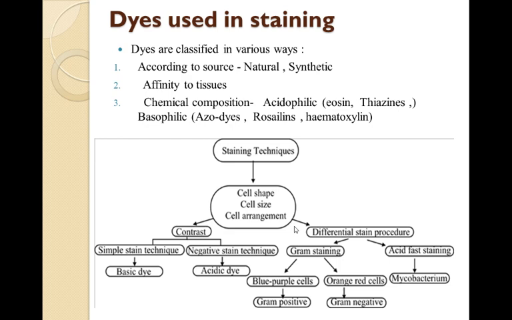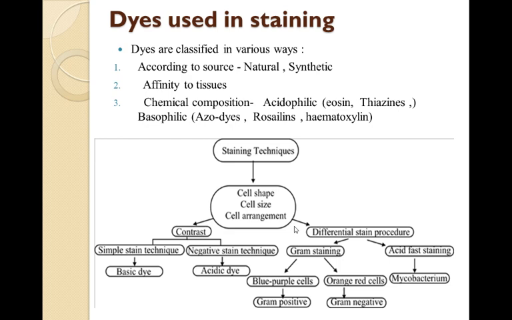Differential staining is a staining process which uses more than one chemical stain. Using multiple stains can better differentiate between different microorganisms, structures, or cellular components of a single organism. There are different types of differential staining, like gram staining, acid-fast staining, and capsule staining. There are a lot of differential staining procedures.